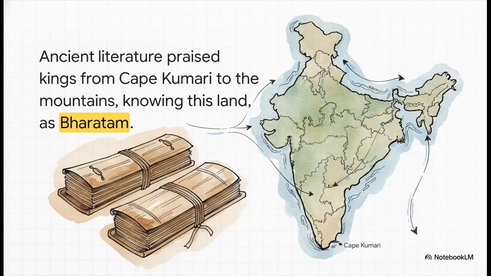And this definitely wasn't just some northern concept either. Ancient Indians up and down the entire subcontinent knew their geography remarkably well. In 2,000-year-old Tamil literature down in the Deep South, you'll find poems praising kings whose fame stretches from Cape Kamari, the southernmost tip, literally all the way up to the Great Northern Mountains, and from the Eastern Ocean to the Western Ocean. In these southern texts, this vast unified land was often respectfully referred to as Bharatam. So this geographical consciousness of a singular massive subcontinent was a widely shared ancient reality for sure.